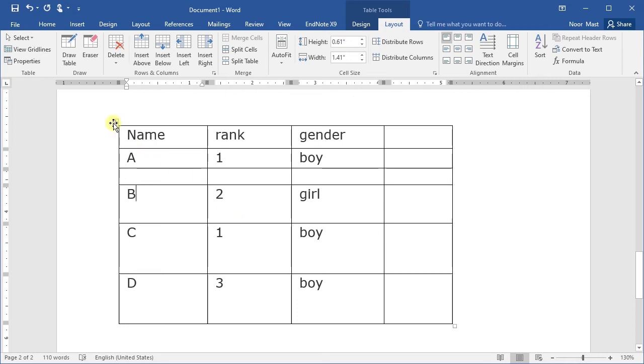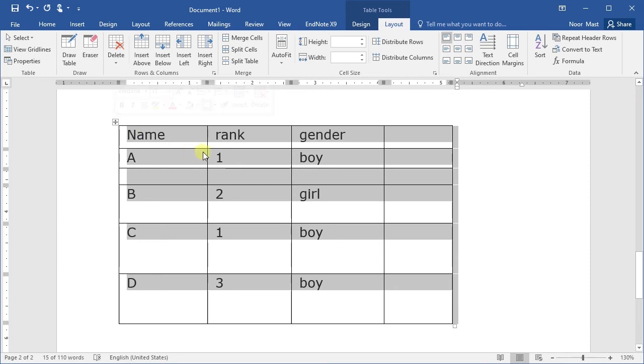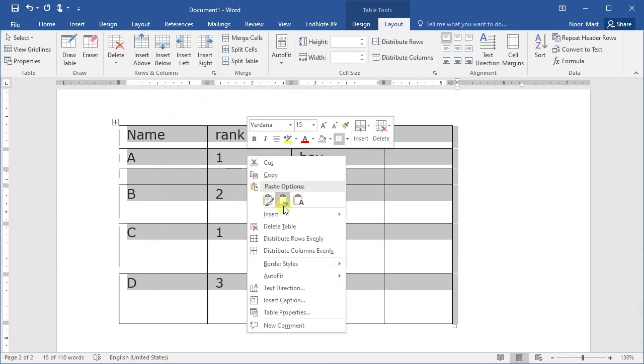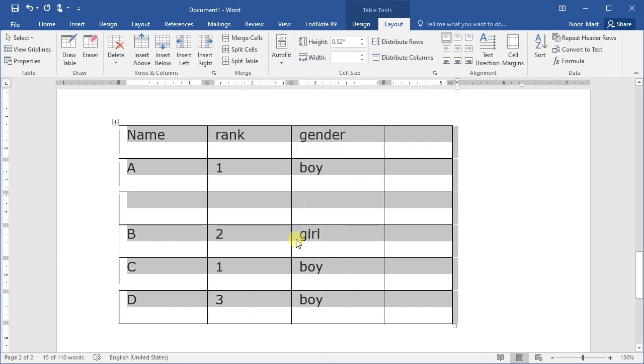So click this plus sign to select the whole table, and then right click on the table and select distribute rows evenly. Similarly, you can select distribute columns evenly for the columns, but this time select distribute rows evenly to make all rows of the same height.